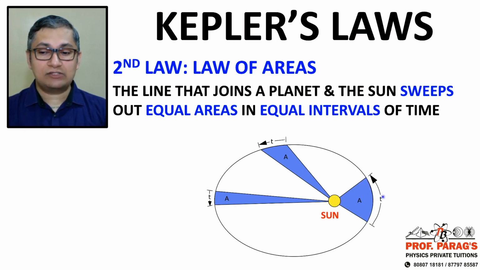So let it take some time t to go from here to here. The line that joins the planet and the sun, can I say the center of the sun to the center of the planet? This is that line. This line is sweeping out, just like the sweep shot in cricket,